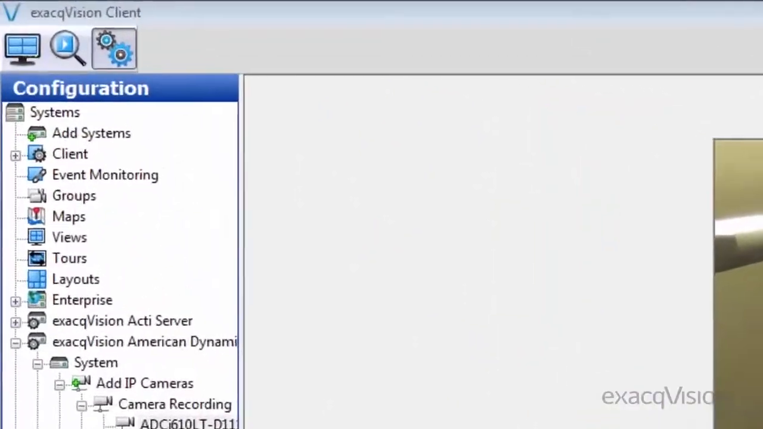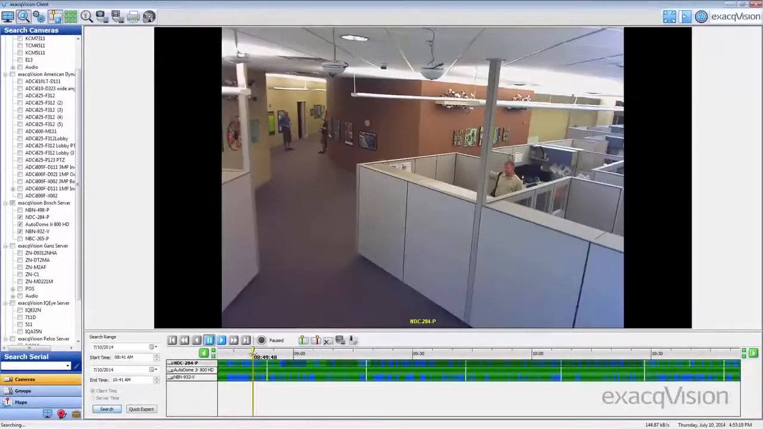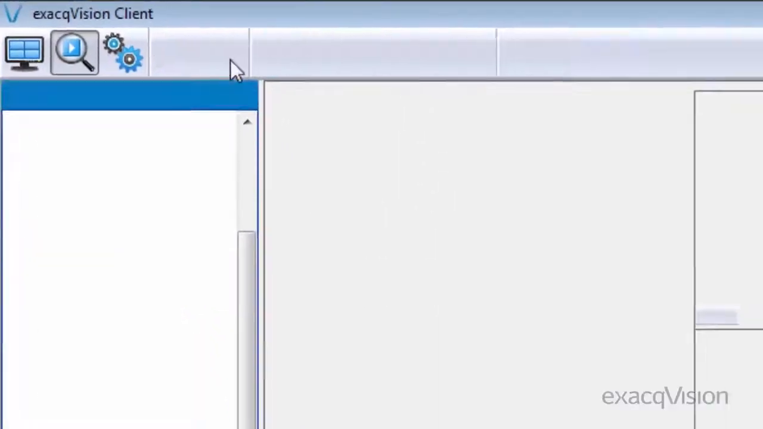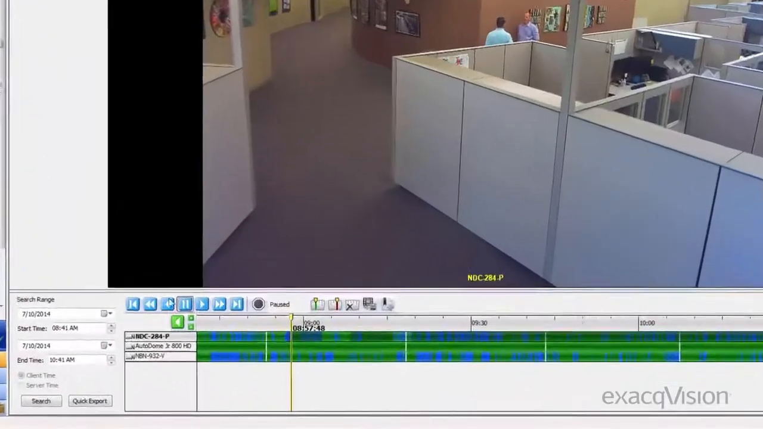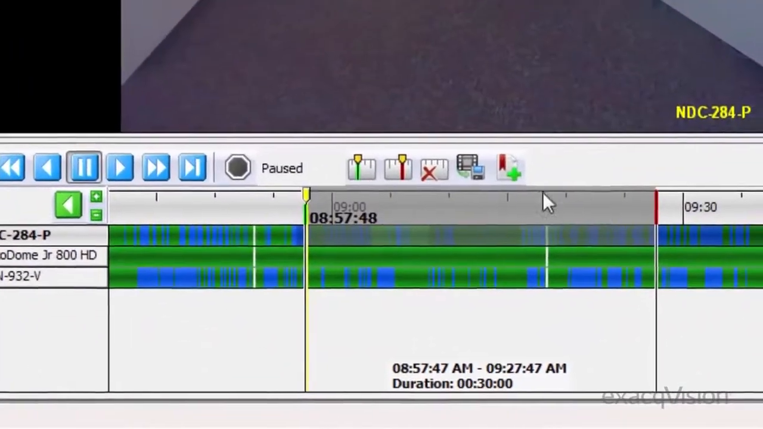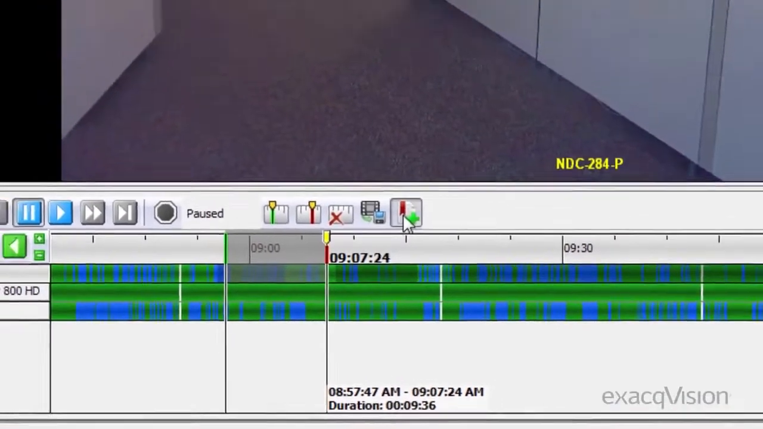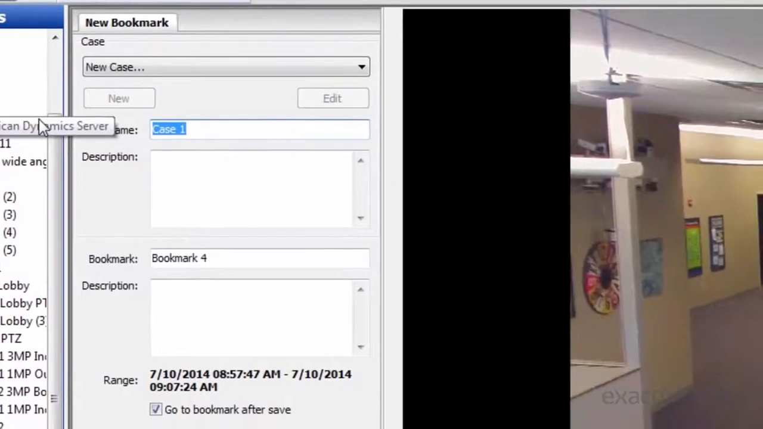From the search page, you can review and export recorded video from a single camera or multiple cameras. You can also perform a powerful thumbnail search. The search page also includes the powerful bookmarking feature if you're running Exacq Vision Pro and case management if you're running Enterprise. Video that is bookmarked is also protected from deletion due to storage management policies. Bookmarks can also include audio feeds as well as